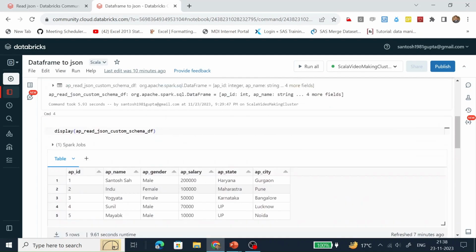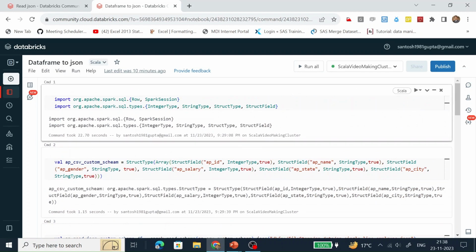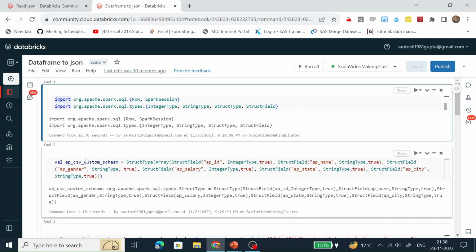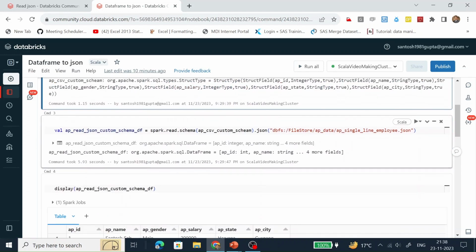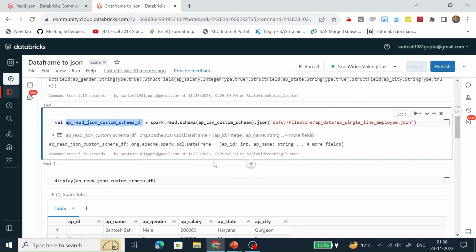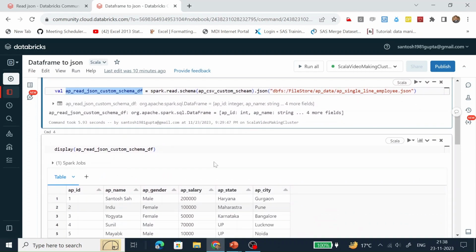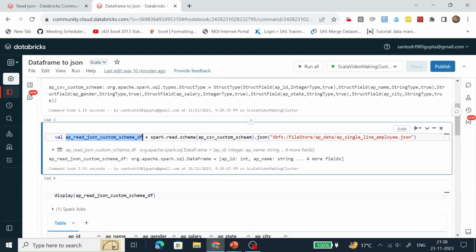So in this exercise, what I have done is imported all the required libraries, created the custom schema, and created a data frame. Now let's see how we are going to write this data frame into a JSON document with the help of different saving modes.